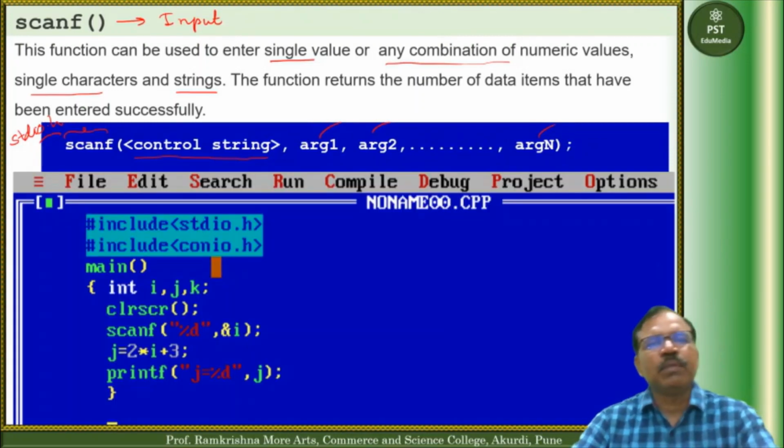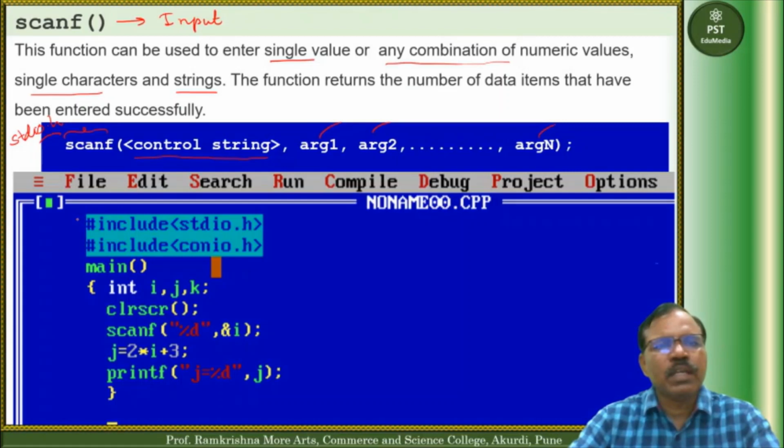So let us see a simple program. Now here we have preprocessors. When we run this program and control enters main, 3 memory locations are reserved by the names i, j, and k.